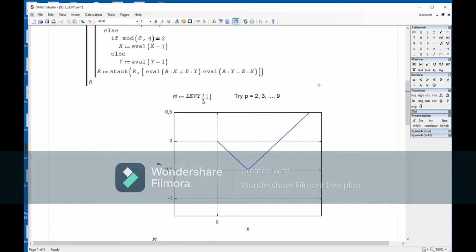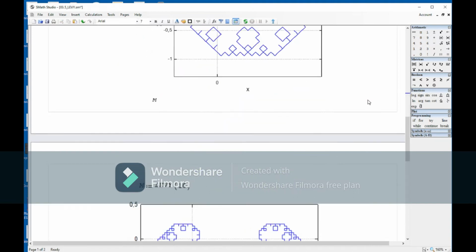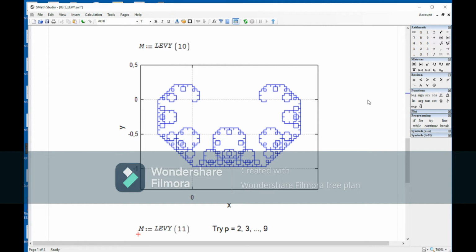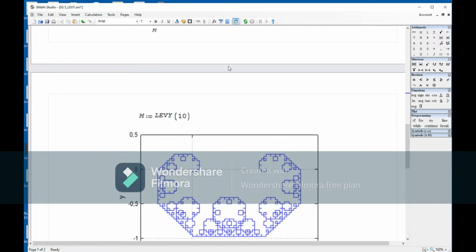For p equal to 2 is when we start and build it up into more and more complex rotations and reductions until you start producing those details that eventually turn into this Levy curve. The next example I'm going to talk about is called the dragon curve,